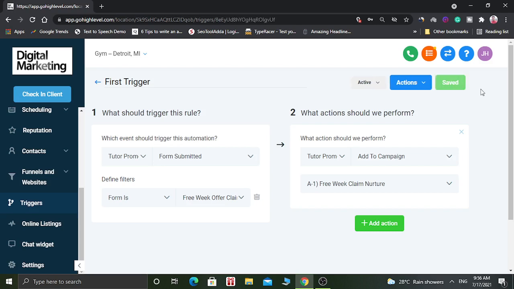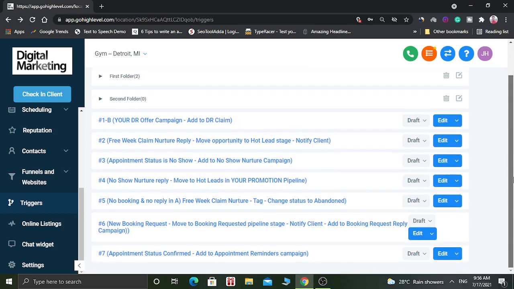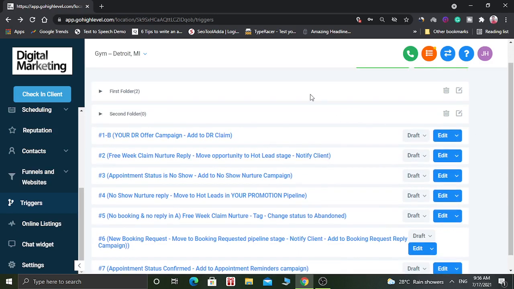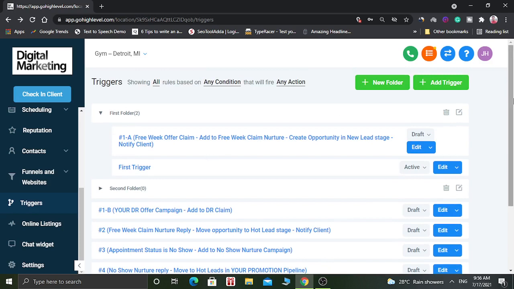Now this trigger is active and you can use it. You can also duplicate this trigger, and you can also delete this trigger. And you can see the details of your trigger from here.